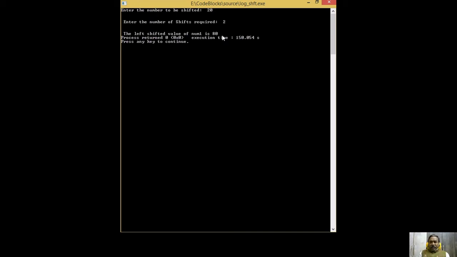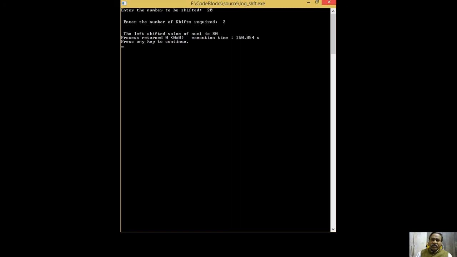Is it clear? Let me repeat. In the decimal number system, shifting left means into 10. In schooling, you are taught that for some number into 10, you need not multiply actually, just reproduce the number with the 0 in the least significant position, one position increase. Same thing here. When you are multiplying by 2 in the computer, just shift left, that is double the number, and that will be the answer that will be stored. Since shifting is by 2 here, we have 20 as the input, 20 into 2 is 40, 40 into 2 is 80, right?